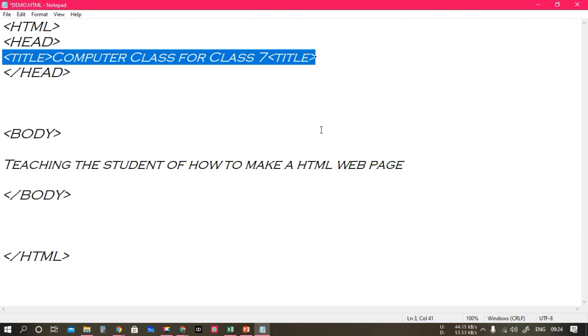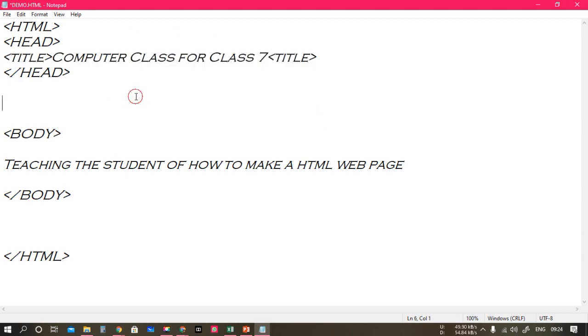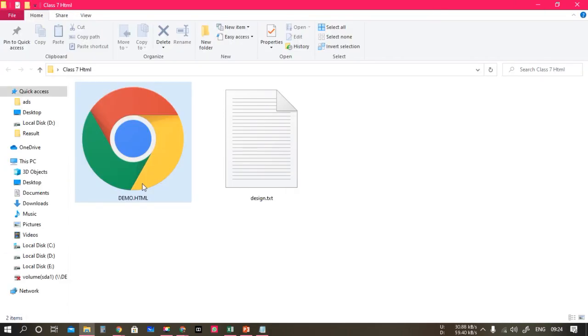Ayush? Sir, right. It's wrong. I told you before only that there should be a backslash. So here also a backslash should be there. Save.